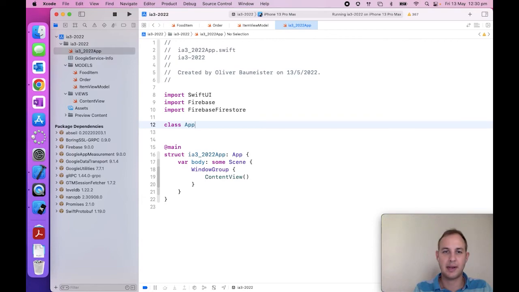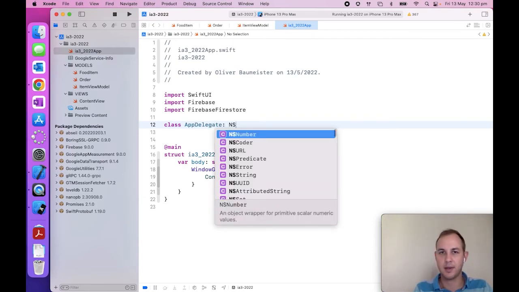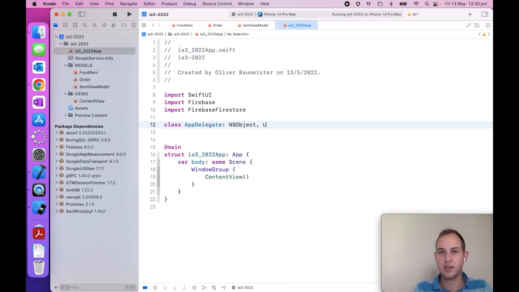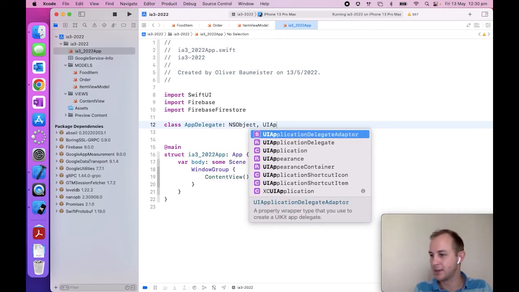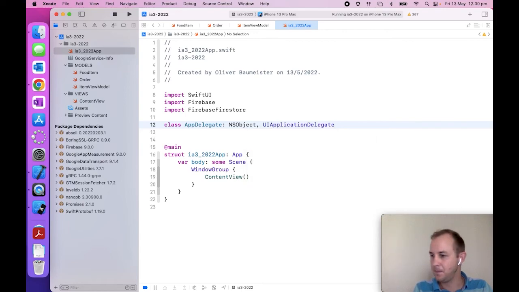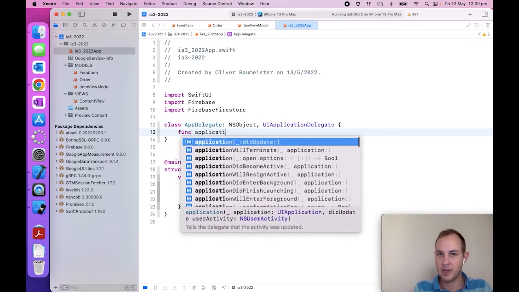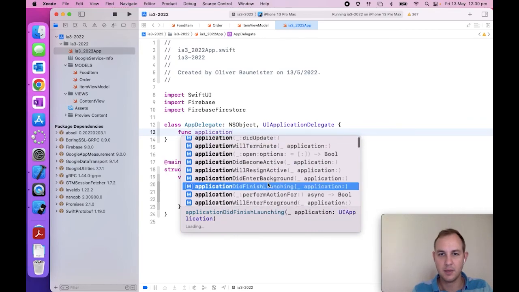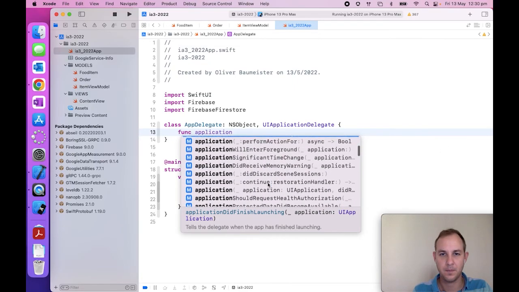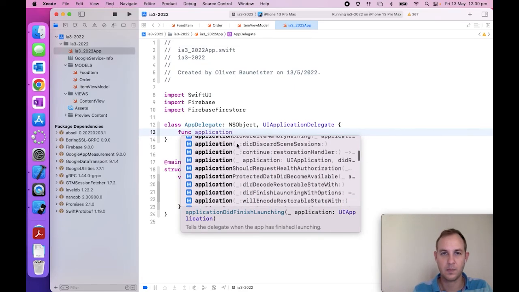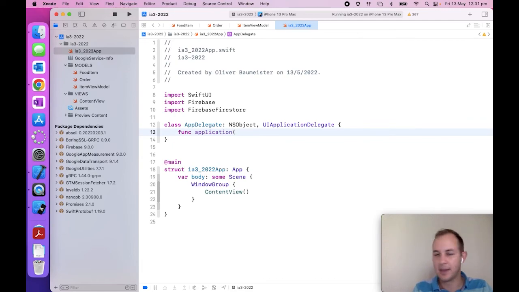So I'm going to create a class AppDelegate, and I'm going to need the NSObject, UIApplicationDelegate, that one. And then in this app delegate, I'm going to have a function called application. Now we need the didFinishLaunching. No, not that one. Let's keep typing. Application